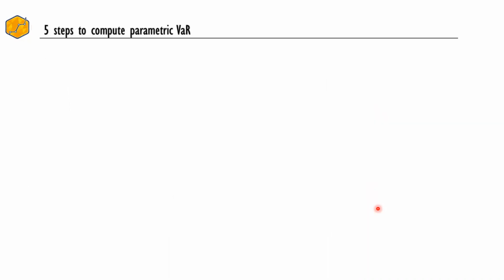5 steps to compute parametric value at risk. And these 5 steps are very important because not just for toy examples or questions that come in your exams, but using this premise, you can actually appreciate the formulas that regulators have given in FRTB. In the class, I have derived those equations from scratch using the same 5 steps premise. You can ask your friends in the group. Let's understand this. Step number 1,